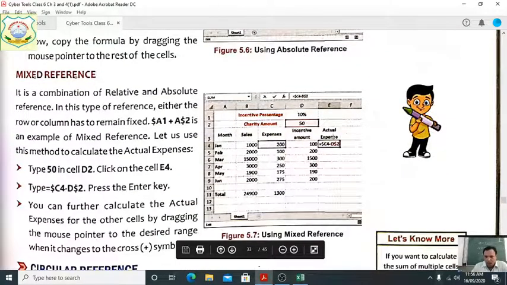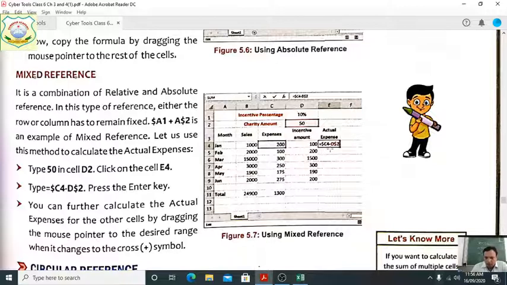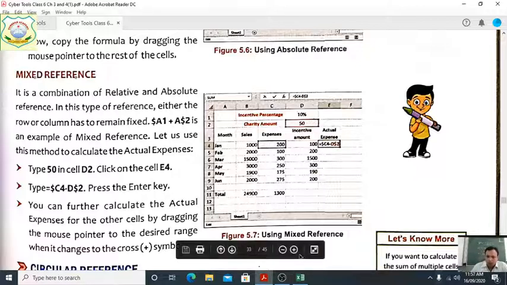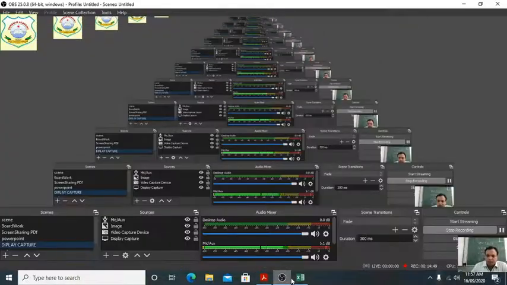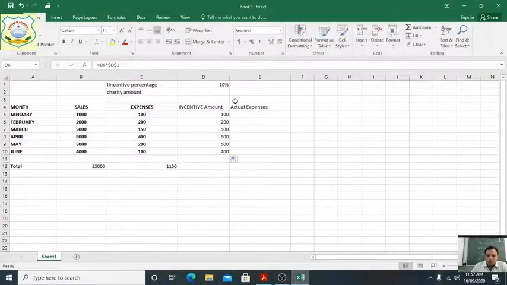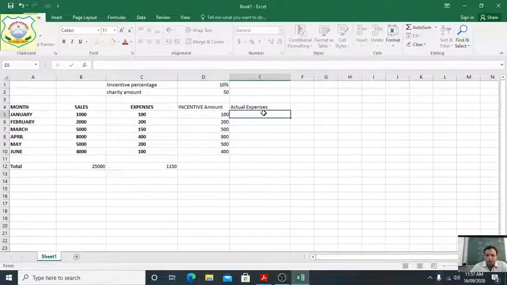Mixed reference: total actual expenses equals $C4, meaning $C5 we will write here. This is given, minus sign, D dollar, because the charity amount is in D$2. So also we will write here the value, 50 rupees. What, equal sign,